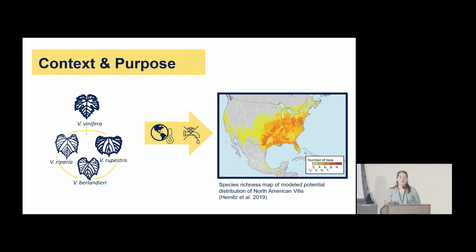But what we all know is that water is going to be a very critical factor in the future, and we have to find ways to save it. One way to think about it is how we could explore the genetic diversity even more with the wild species we have all over North America, which could be related to climates that naturally have extreme temperatures or less water. Our idea was that those species native to those drier habitats perform